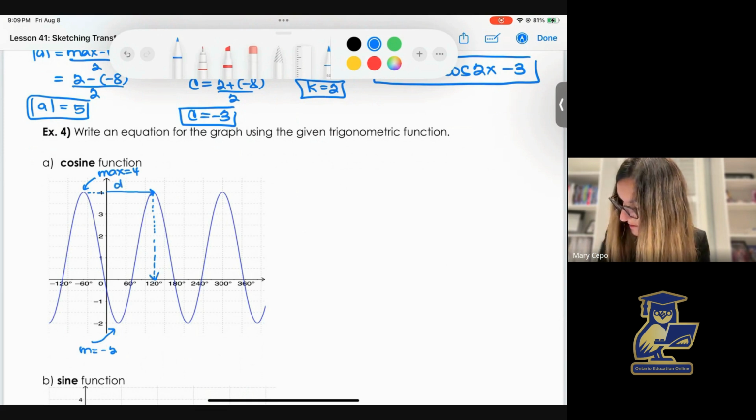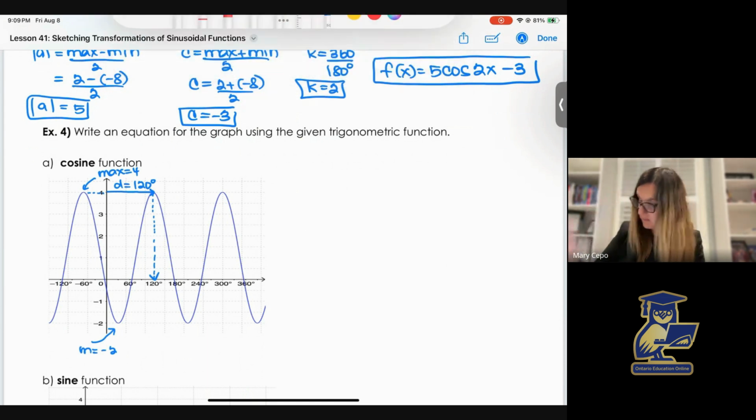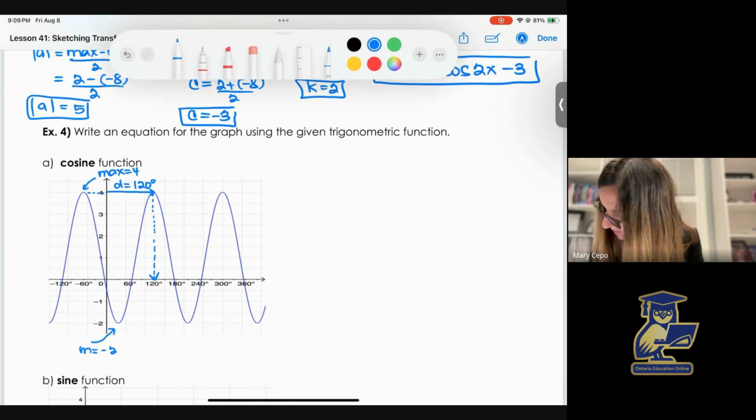From the graph, we see that the D value is 120 degrees, because keep in mind cosine starts at its max. But let's take what our amplitude is going to be: max minus our min,